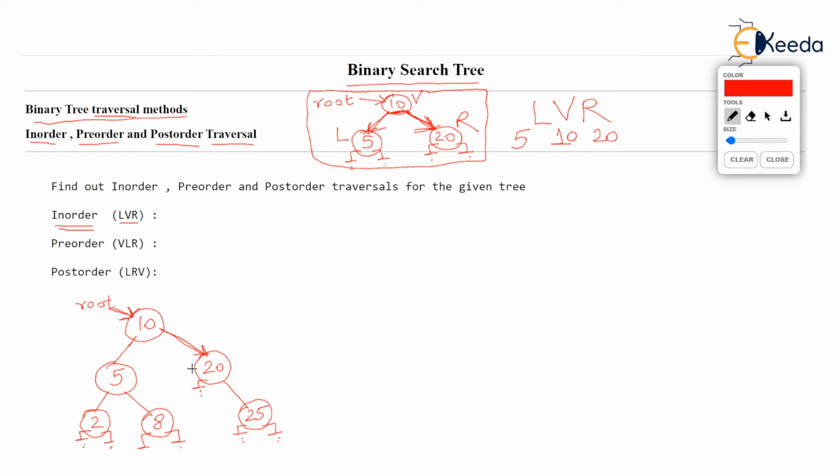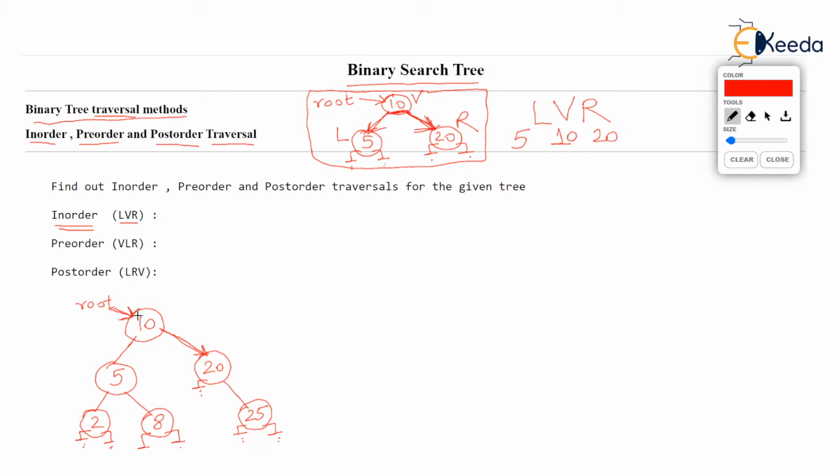So from where will in order traversal begin? It will begin from root node. So let's go to 10. But we are at 10 for the first time, isn't it? Yes, we have reached 10 for the first time. Then can we print it? Now listen, whenever we reach any node for the first time, we will call it as vertex. And what does the rule state? You can't print the vertex before checking this: you have to print the left child of that vertex.